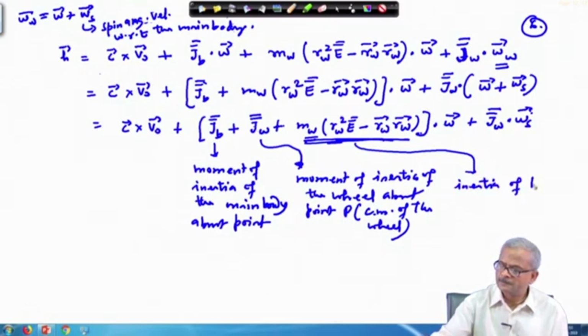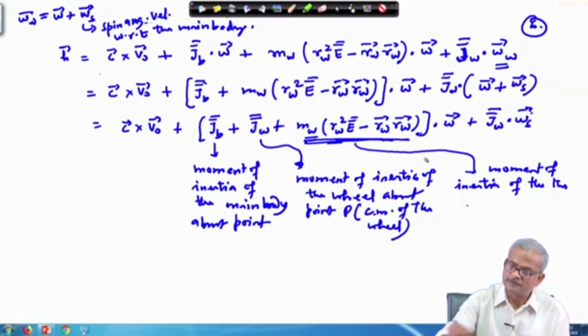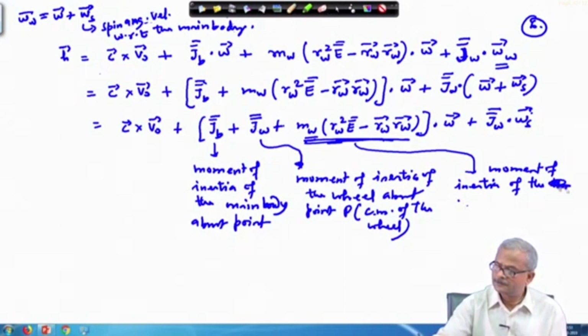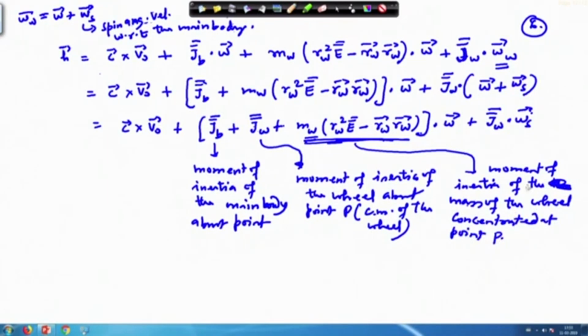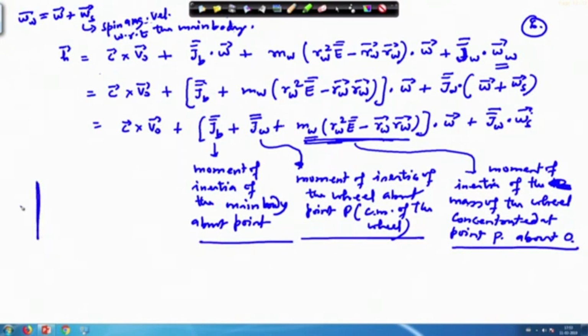Moment of inertia of the mass of the wheel concentrated at point P. So, inertia of the mass of the wheel concentrated at point P about O. So, these three together means you have, say, some body is there,